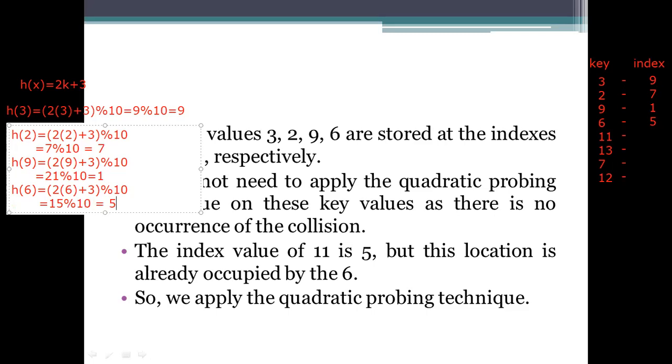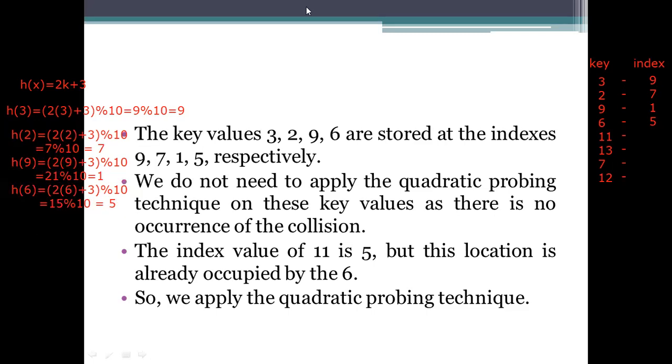See what are the values we got? 9, 7, 1 and 5. That's all. And coming to the next values. What are the next values we are having? We are having the values which is the h of